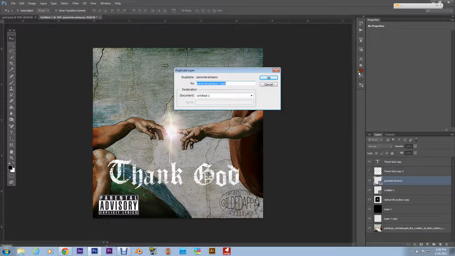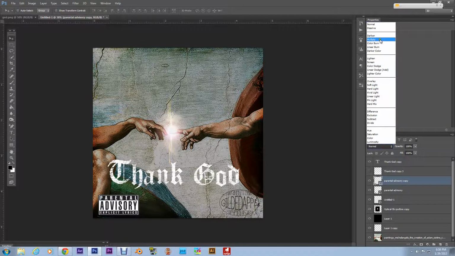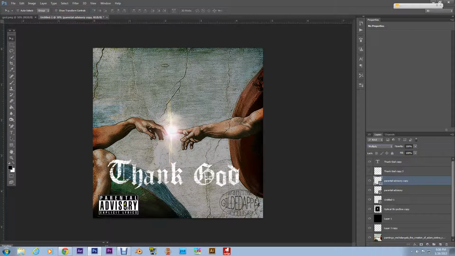What you do is you duplicate the layer, the parental advisory layer, and on the top layer go to multiply. Look at that. It's a lot more crisp now. It's like a pair of black and white J's, but just the blacks are more in tune now. It's darker than that, but beforehand it looked ashy, and this black was a lot darker, a lot deeper than this one. So just for future reference with other album covers or whatever, you can just duplicate it and mess with the blending option and set it to multiply if you want to darken the parental advisory